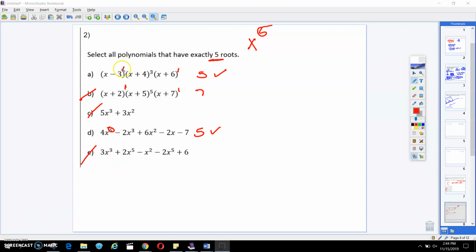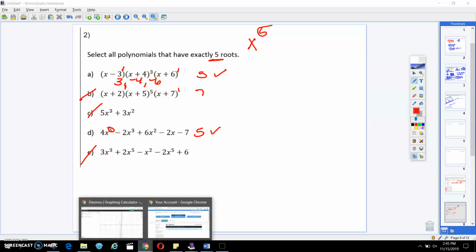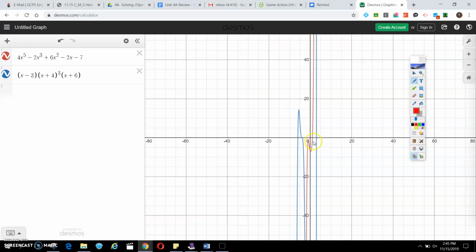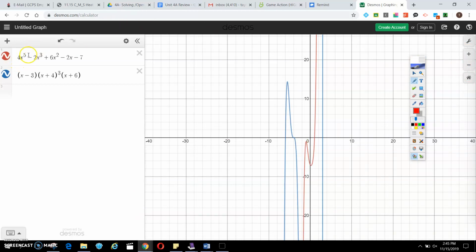All right, so this would have real solutions at 3, -4, and -6. So this will cross at 3, -4, and -6. This one right here, if we look at our graphs, our red one is that 4x to the 5th one. So that's going to have one solution right here, one solution right here, and one right here. So that's going to have 3,